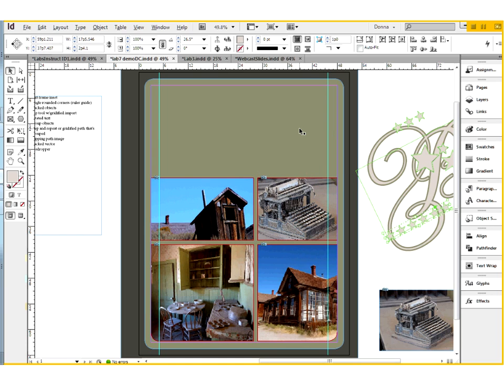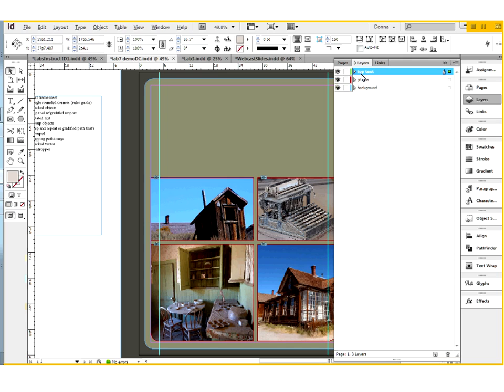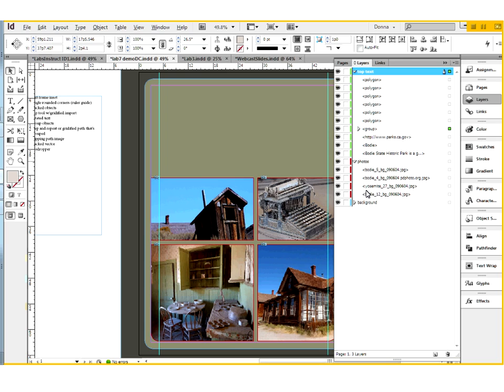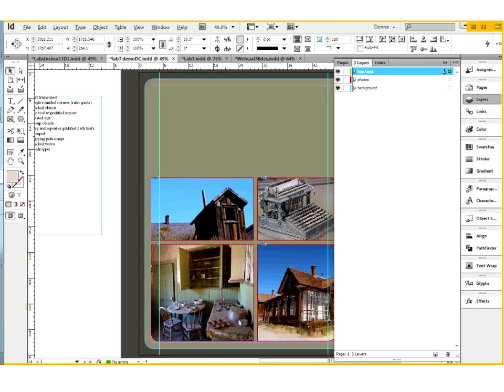All right, as we drill down, you can see that this is going to be much easier if we have separate layers for this project. And if I go to my Layers panel, you can see that Cindy created a top text, she has a photo layer and a background layer. So anything that you see a blue edge to means that it's on the bottom layer. Anything with a red outer frame color, which of course this is all non-printing, that means that it's on the photo layer. Anything that had a green frame edge,